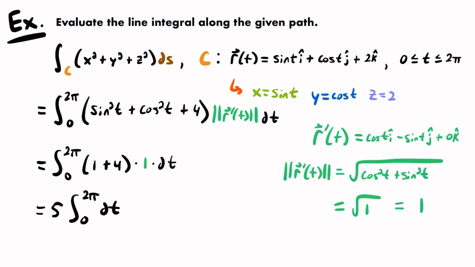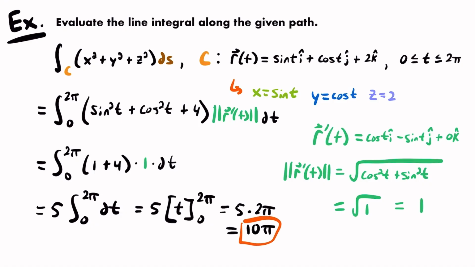So really you're just integrating 1 with respect to t, which will be t, so this is equal to 5 times t evaluated from 0 to 2 pi, and that evaluation will be 2 pi minus 0, which is 2 pi, so this is equal to 5 times 2 pi, which is equal to 10 pi. 10 pi is the value, or the evaluation, of this line integral for this multivariable function over this given path